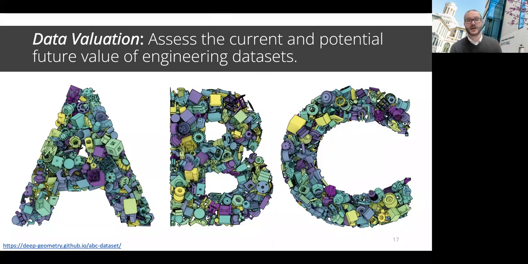So you can imagine a small mom and pop company that starts collecting some data on machines, and they don't have anybody who can really work with that data yet. So the current value of their data set is probably pretty small, but the potential future value is huge, right? So for DeFi to be effective, we need to start thinking about principles and techniques that we can provide to people to help assess the value of their data.